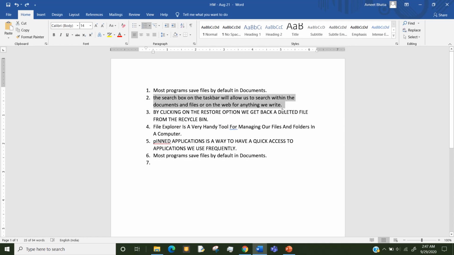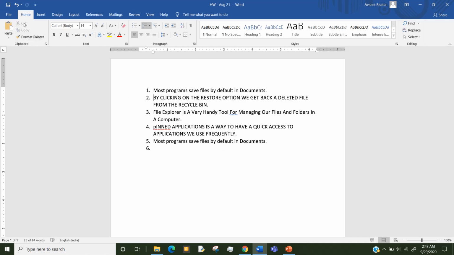Okay, this was my selected sentence. If I click on this cut, it will be copied to the clipboard and it will get deleted from its old place. So I'm clicking on this. This happens when you click on the cut icon or you press Ctrl plus X key. Now cut part is done.